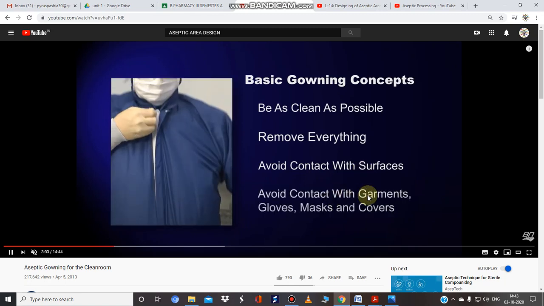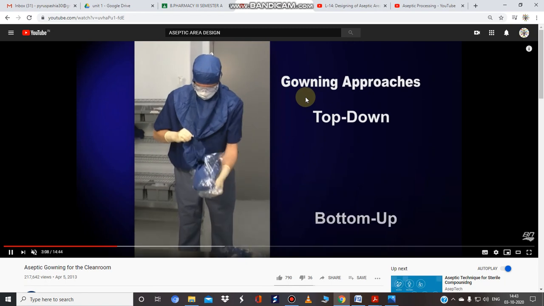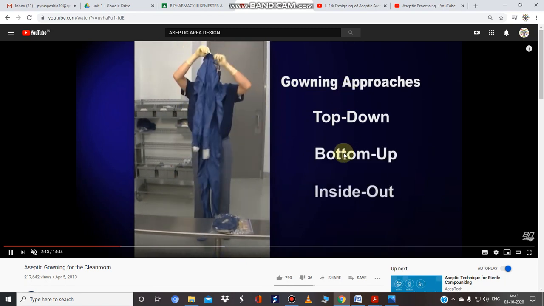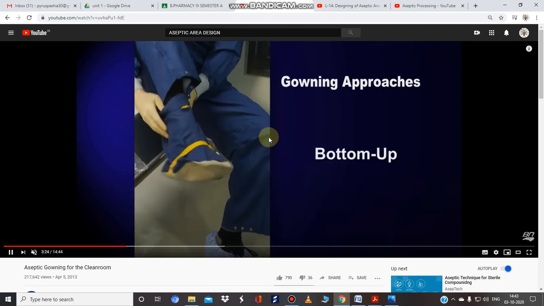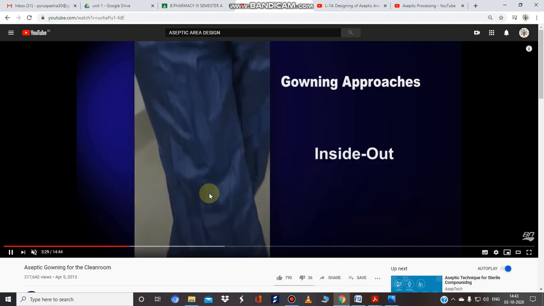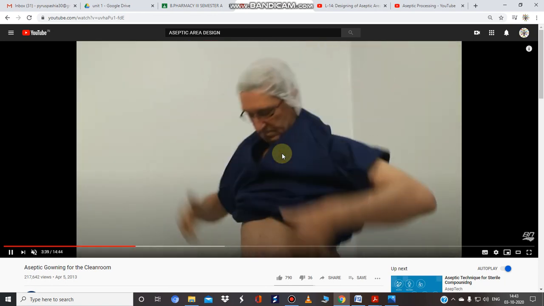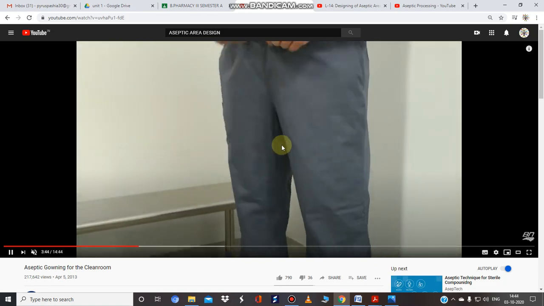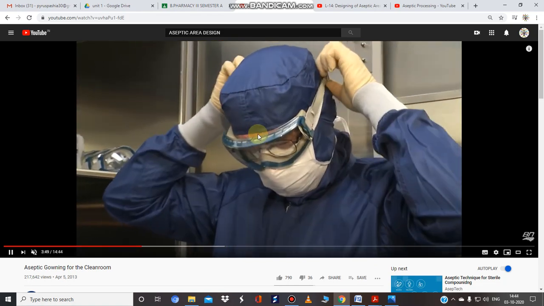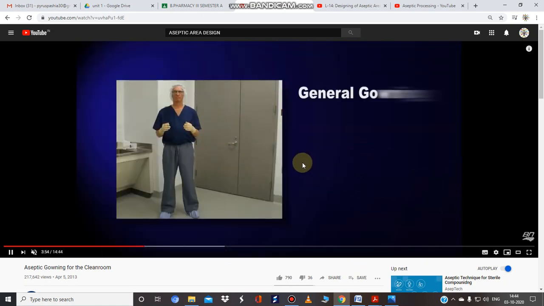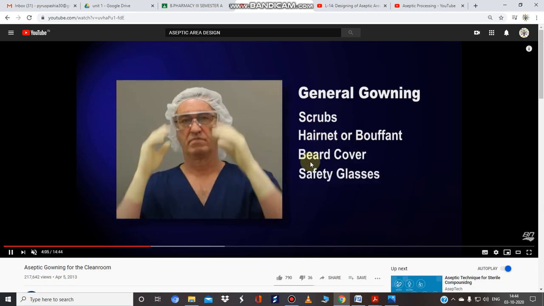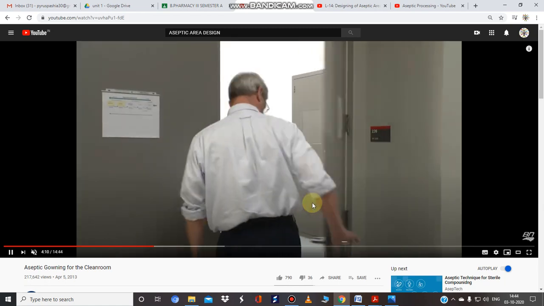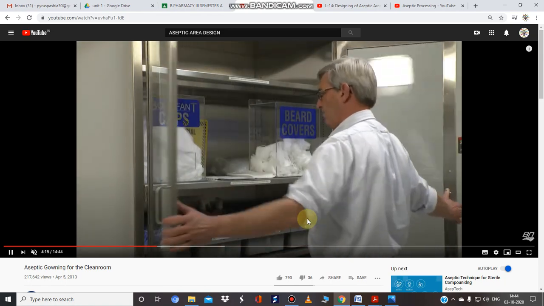Also avoid contact with the garments, clothes, etc. The top-to-down approach of gowning starts right from the top, where you prepare a particular assembly, then at the bottom the shoes, which you have to cover completely. Gloves and goggles are also used along with everything. The general gowning includes scarves, hair nets, beard covers, safety glasses, shoe covers, etc.